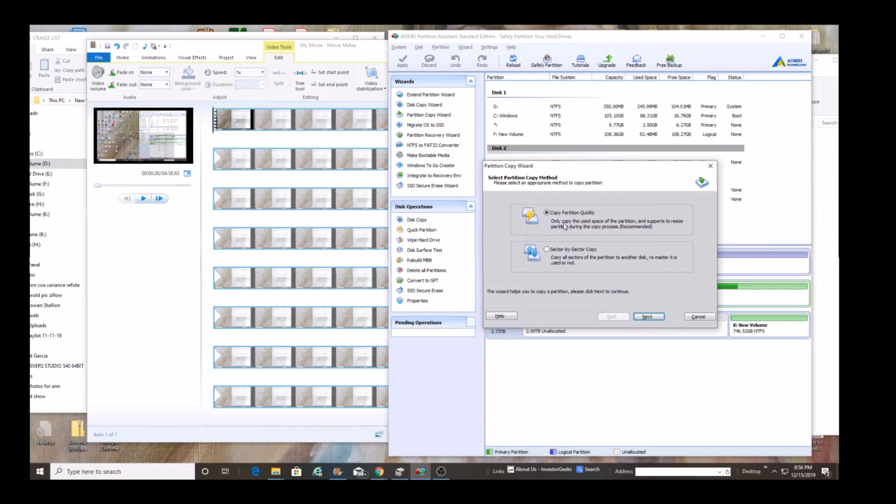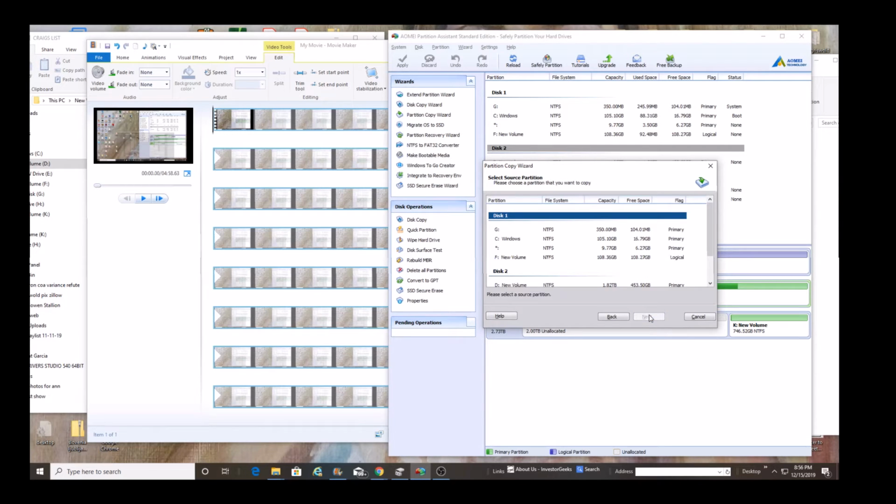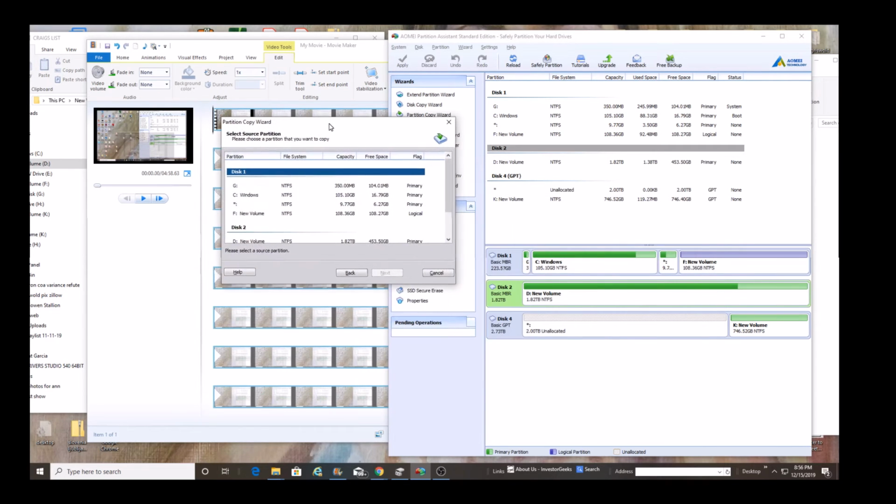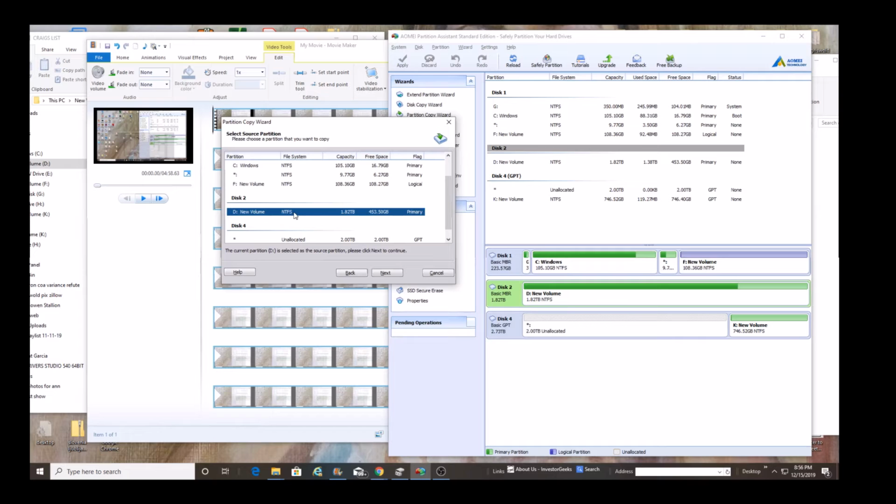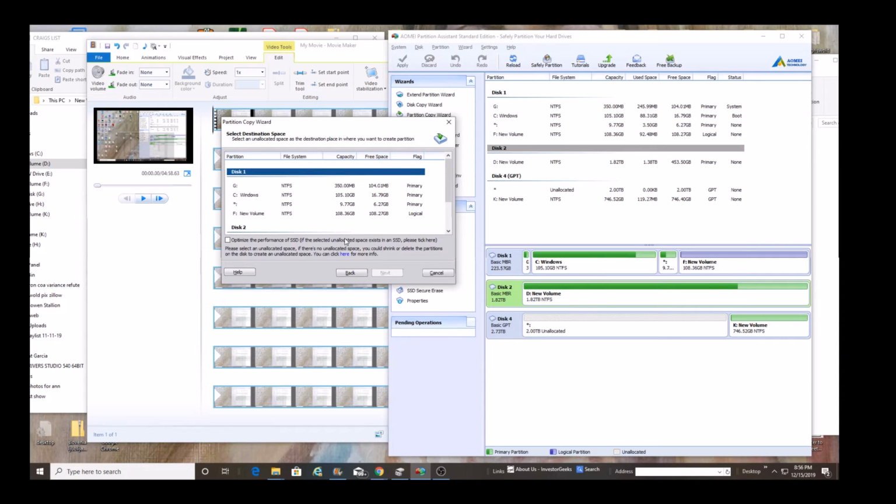By default the top one is selected. We're going to say OK. Let's go take a look. We want to get disk 2. This is disk 1. So we're going to go to disk 2, which is this disk. We've selected it. Now we're going to go next. Now it's going to say an unallocated space, which is this, which is unallocated, where you want to create the partition. Okay, so we're going to go to disk 4,